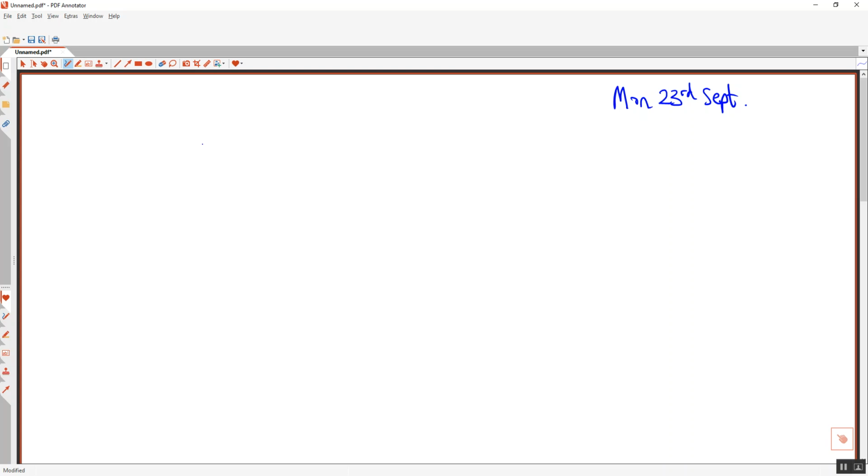Okay, so we're going to write down. We're going to have a look at some work on proportions today. Now, proportions are essentially the same things as ratios and fractions. And we can split up an amount into two different things. So we're going to write down